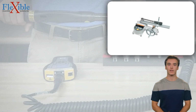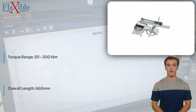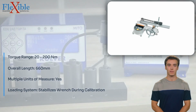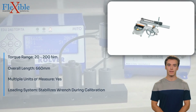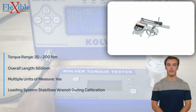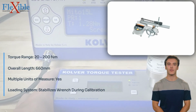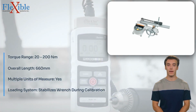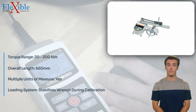Introducing the Tohnichi DOTE200N3-G-MD Torque Tester, a revolutionary tool that will transform your torque measurement and calibration processes. Engineered by Tohnichi, this advanced torque tester combines exceptional accuracy with user-friendly features, making it an indispensable asset in various